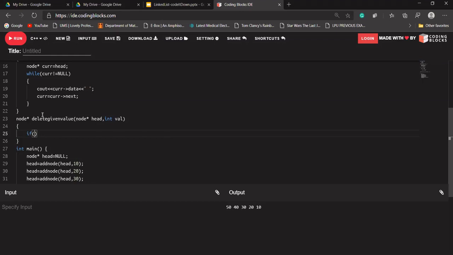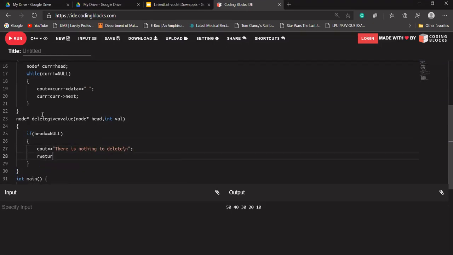If head is pointing to a null pointer, then it should print there is nothing to delete. Okay, is that clear with everyone? And it should return that head pointer to our main function. Return head. Okay.